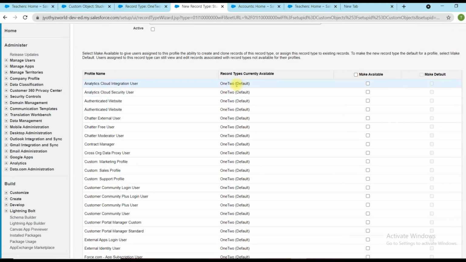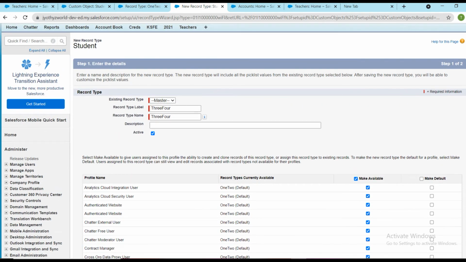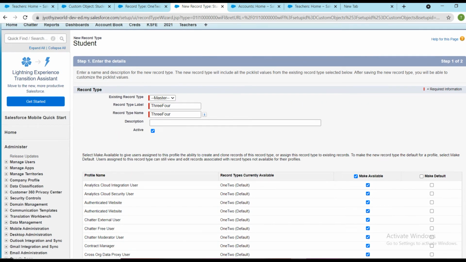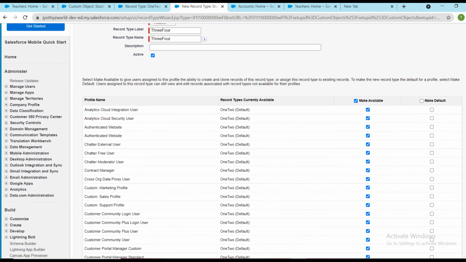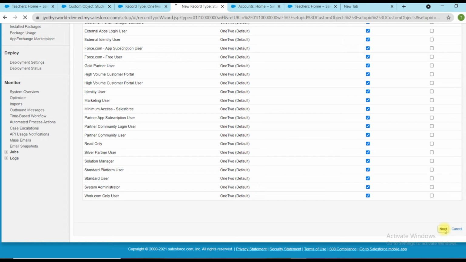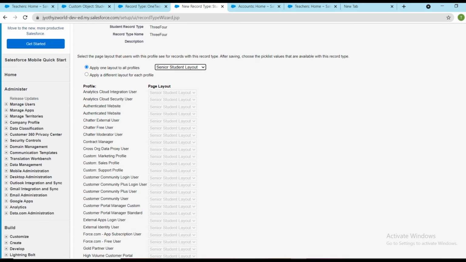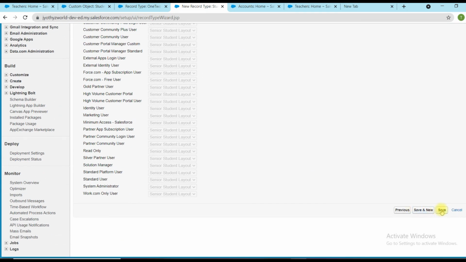This is default so it will always be there, 1 and 2. If we want to add this one we can add like this. And similarly if we want to make this 3 4 a default record type for any of the profiles, we can check this. It is not needed for me, so I am not checking. Click on next, and here for the 3 4 page layout we can select senior student layout. Now save.